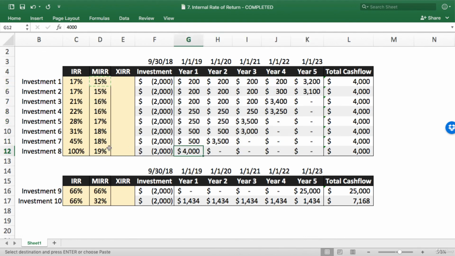Yes, this last one is still better than the first investment because you're getting it way earlier, but it's not 100% versus 17% better. It's 19 versus 15% better. So there is a pretty significant difference here, and that is the reason why some folks prefer to use MIRR for their investment calculations. Okay,